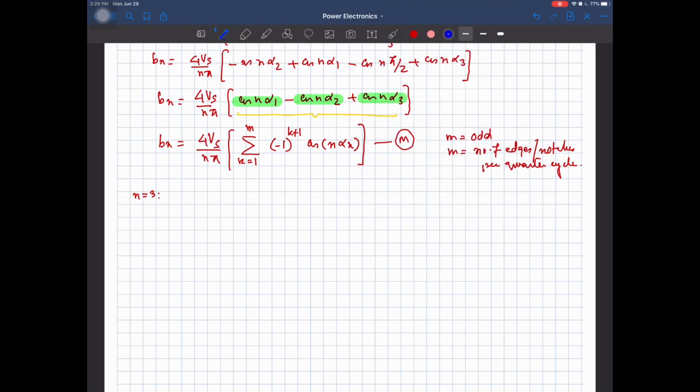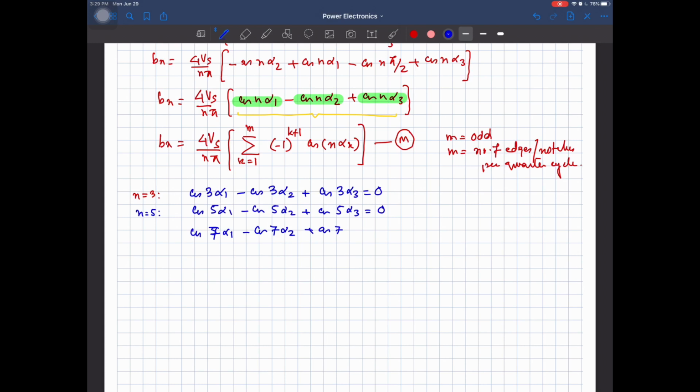So now let's write down the equation: cos 3α1 minus cos 3α2 plus cos 3α3, that should be equal to 0. For the fifth harmonic, cos 5α1 minus cos 5α2 plus cos 5α3, that should be equal to 0, and then, let's suppose, the 7th harmonic is to be cancelled: cos 7α1 minus cos 7α2 plus cos 7α3, that will be equal to 0. So by solving these three equations using the iterative technique, α1, α2 and α3 will be computed,